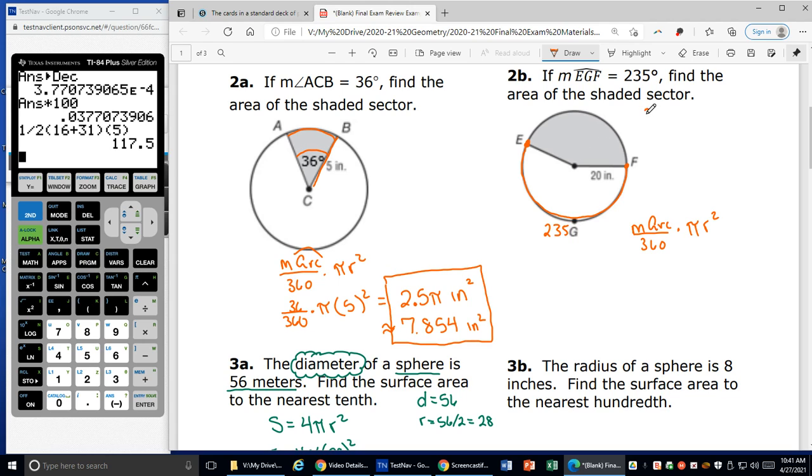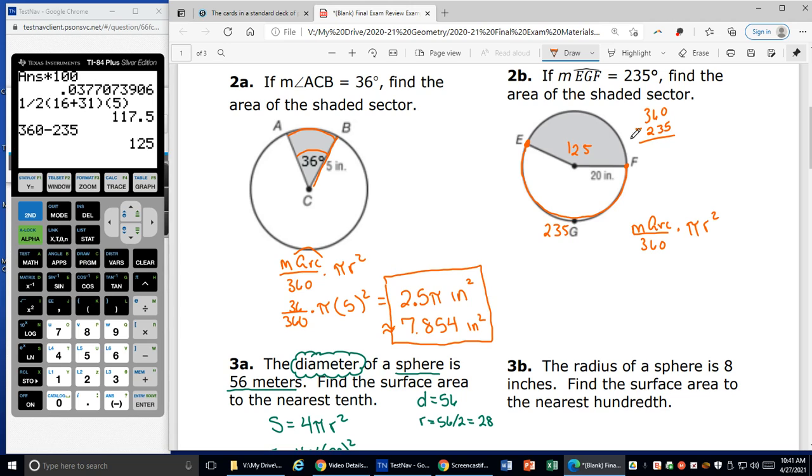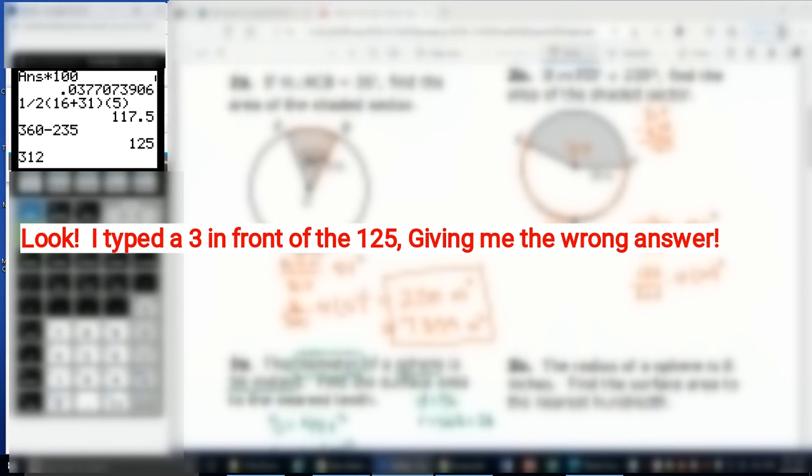I know there's 360 degrees in the whole circle. I've used 235 on the arc I'm not interested in. So 360 minus 235 tells me that what's left for this side is 125. So 125 over 360 times pi r squared. My radius is 20, squared. 125 divided by 360 times 20 squared